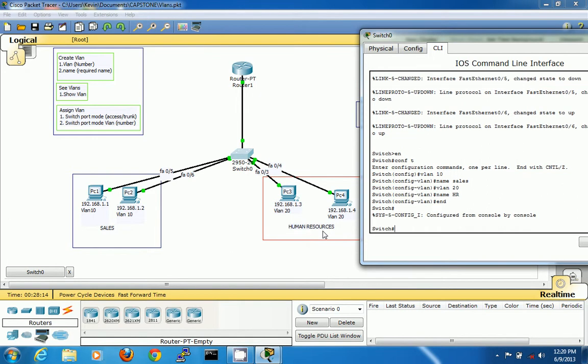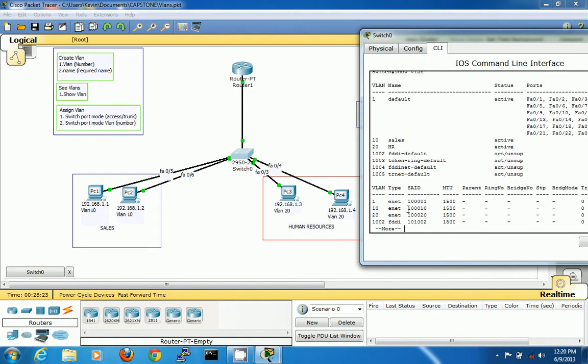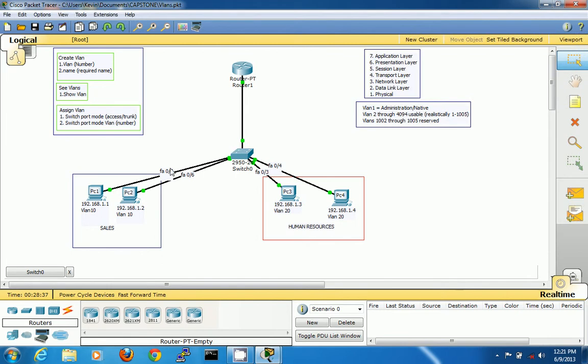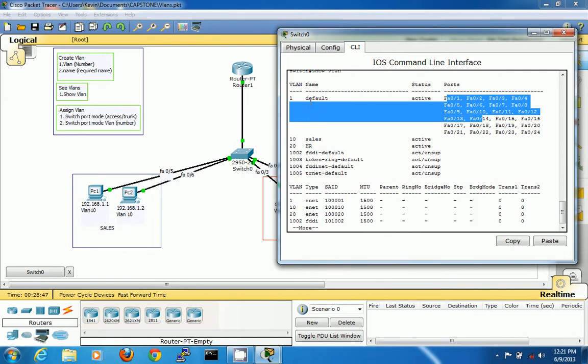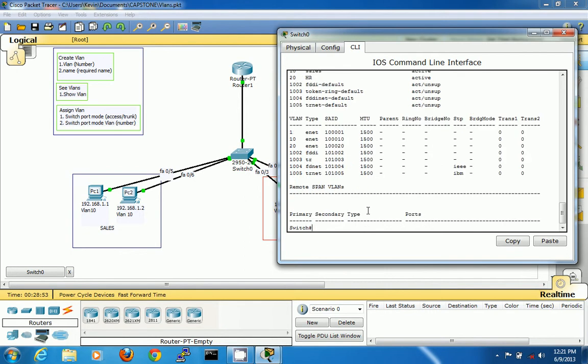Now if you go back and you go show VLAN, which is up here, I put the commands over here, you can see that VLAN 10 has been created with the name sales and VLAN 20 has been created with the name HR. However, there's no ports assigned to it, and we want ports 5 and 6 to be access ports, and they need to be assigned to sales. So at the moment they're still under VLAN 1, which is administration. So let's go ahead and change that,